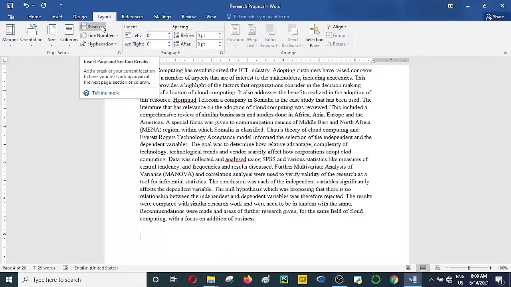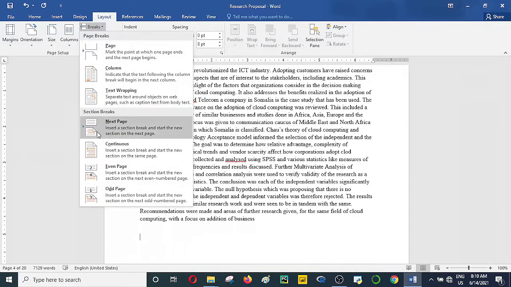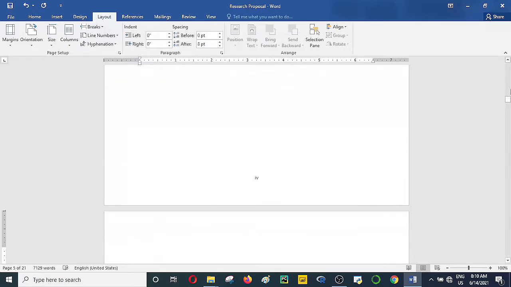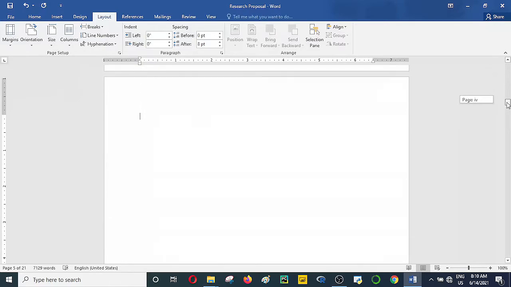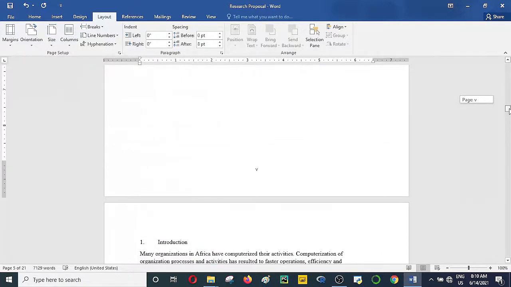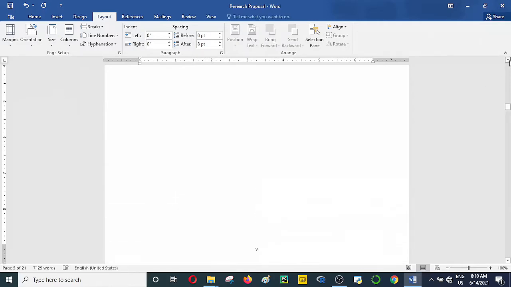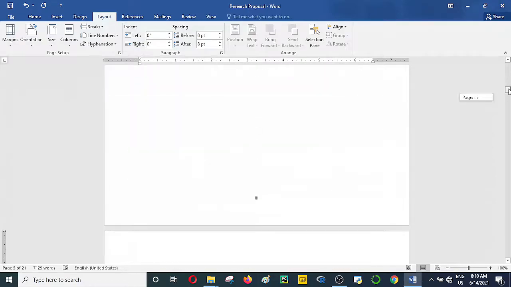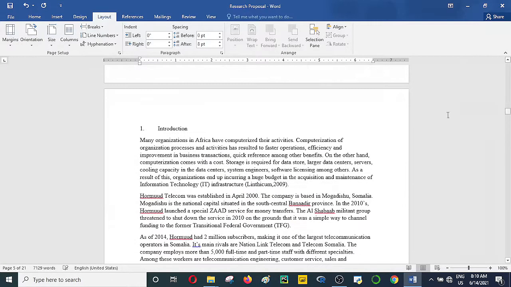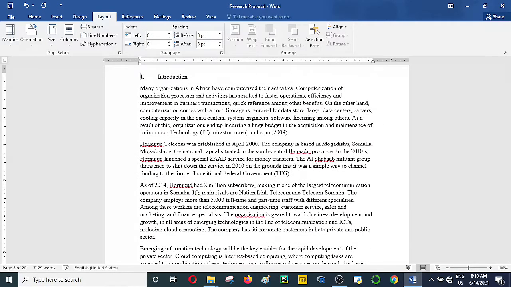So we proceed to the breaks. Within the section break, let's select the next page option, right? Now we have separated the two sections. We need to confirm that. So let's just remove the space. Good. So to confirm this, right now we are within the